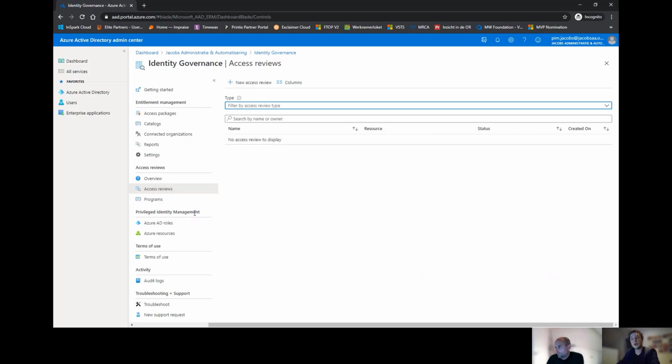And then on the other hand, besides the access packages and access reviews, you of course got privileged identity management, where you can make sure that administrators need to activate a role before they start executing administrative tasks.